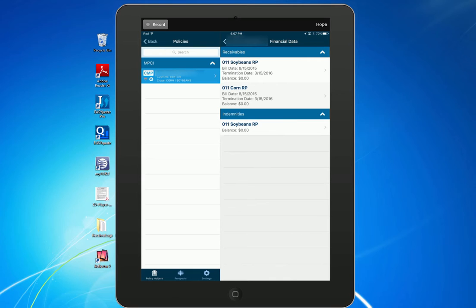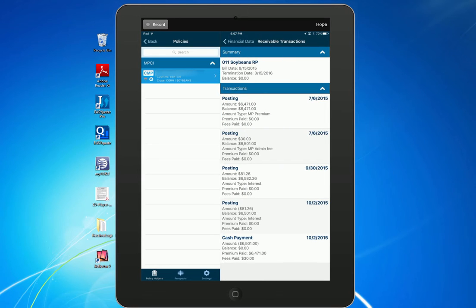Now let's go one step further. So I'm going to take soybeans and I'm going to click on that box and go a little bit deeper. As you can see here, my summary information again is recapped at the top, but then down at the bottom, it's going to take me through all of the transactions that have happened to that coverage within our system. On July 6th, I had a balance amount in premium of $6,471. At the same time, if you look one posting below, I had a $30 admin fee charge, which increased my total balance to